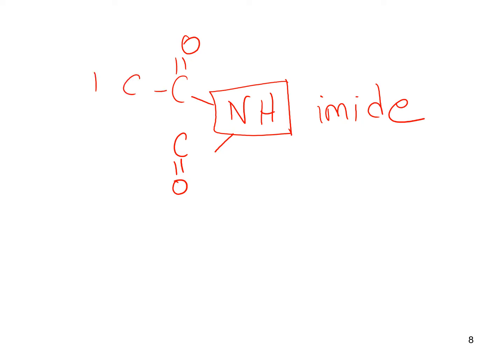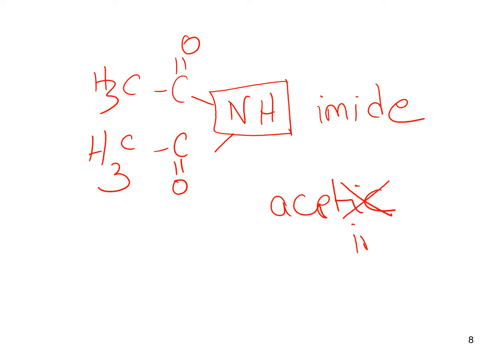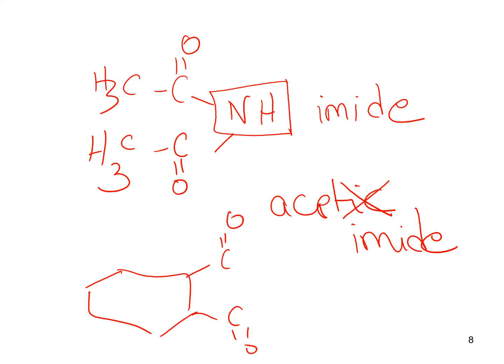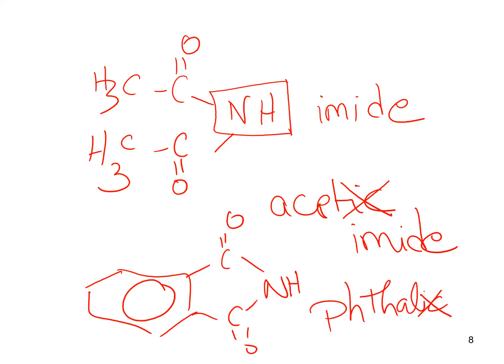Say, for example, this was acetic acid. So this is acetic acid. You remove the etic and you say acetamide. If it was phthalic acid, for example, so this is phthalic acid, you will remove the IC and you will say this is phthalimide. Why do we focus on imides? Because imides are highly characteristic. Why is that? Because